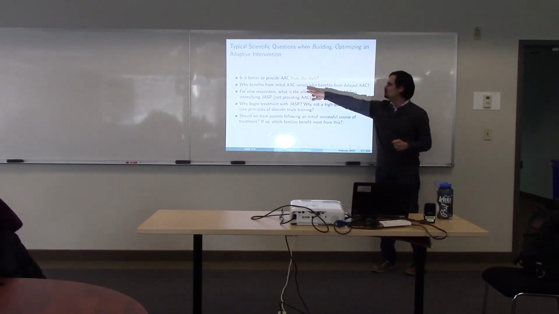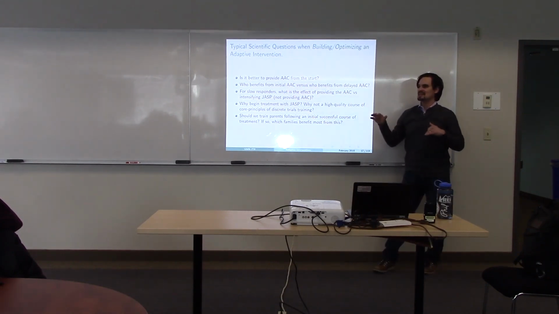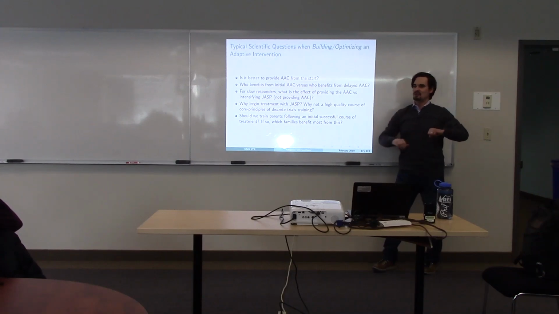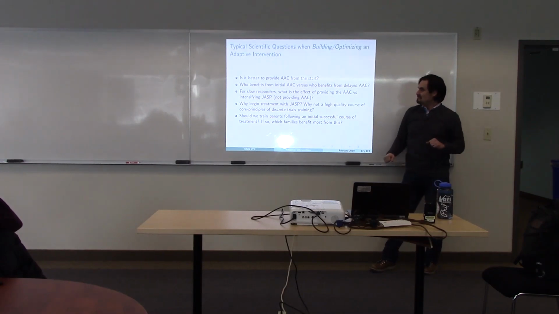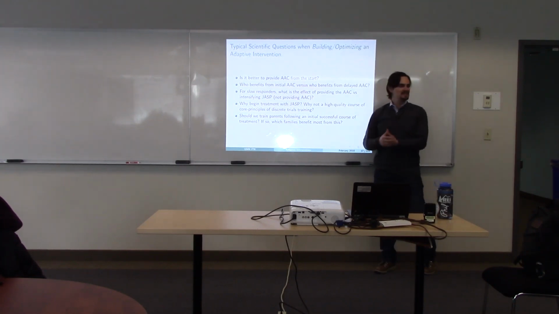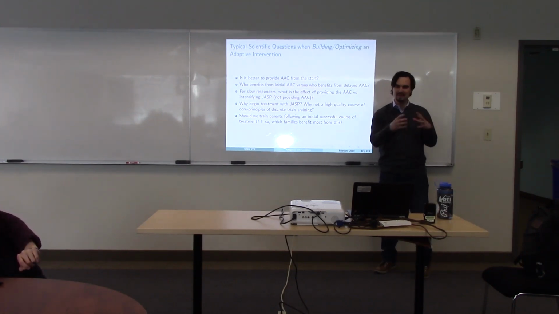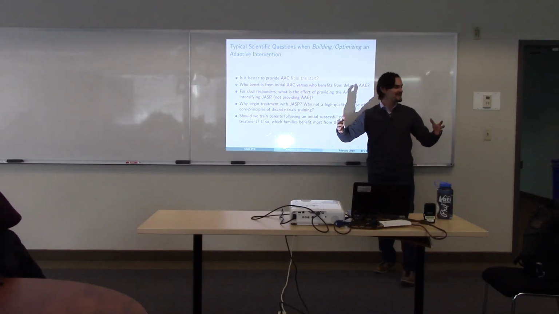Another one might be who benefits from the device early versus later. It might be that some children will benefit more if the device is in the clinic session up front, versus some children you really ought to wait. Well, who are these kids? Maybe I don't need the device at all. Maybe for kids that are slow responding, I just go from 2 sessions per week to 3 sessions per week, right? Maybe we just don't need the device at all. These are called optimization questions because they're questions about how you build the best possible dynamic sequence of interventions. Everybody with me? Yeah.